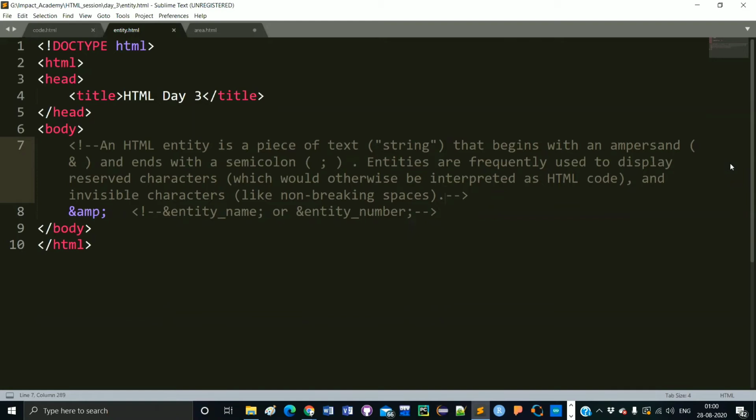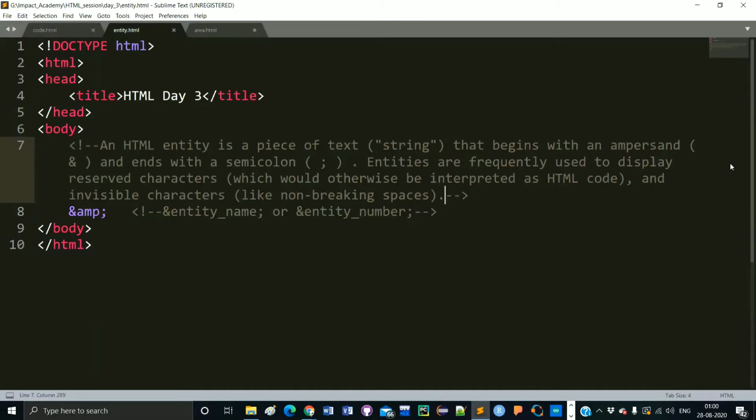Okay, so entities are frequently used to display reserved characters which would otherwise be interpreted as HTML code, and invisible characters like non-breaking space. There are some reserved characters in HTML which are used by HTML for some other purpose.